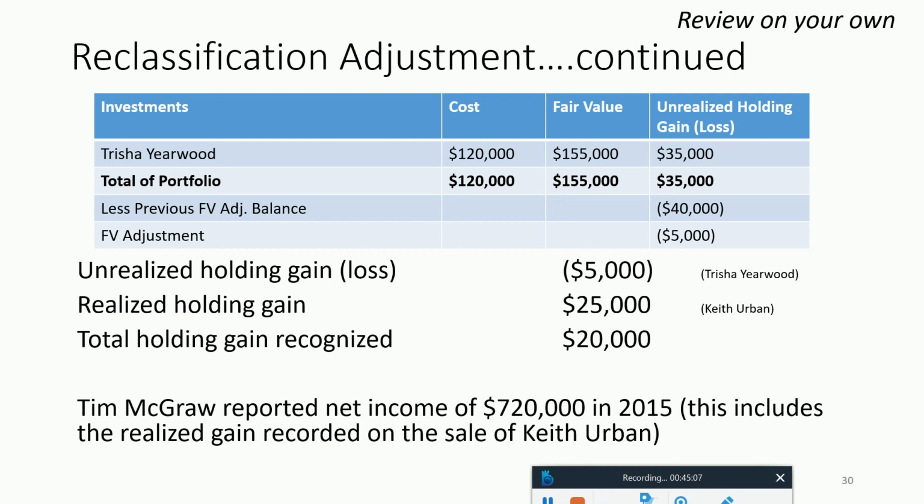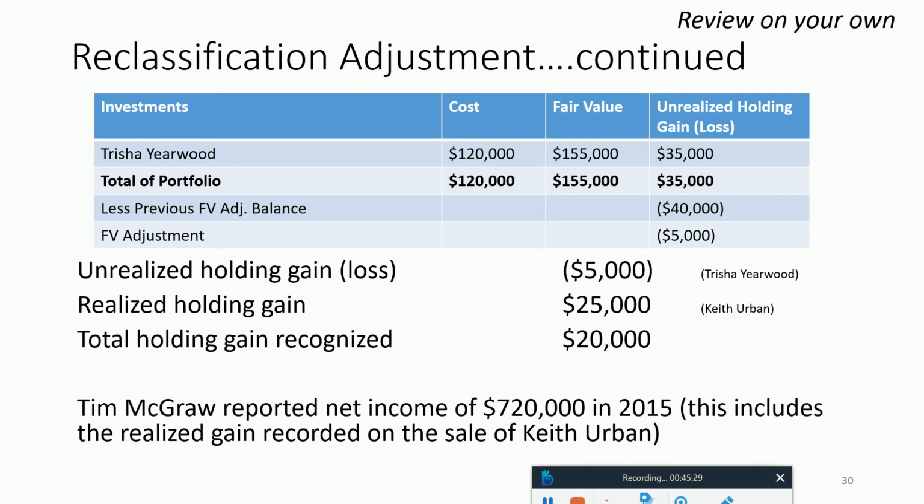So instead of recording an additional gain, we actually need to record an unrealized holding loss of $5,000. That will then allow us to record a $25,000 realized holding gain for Keith Urban